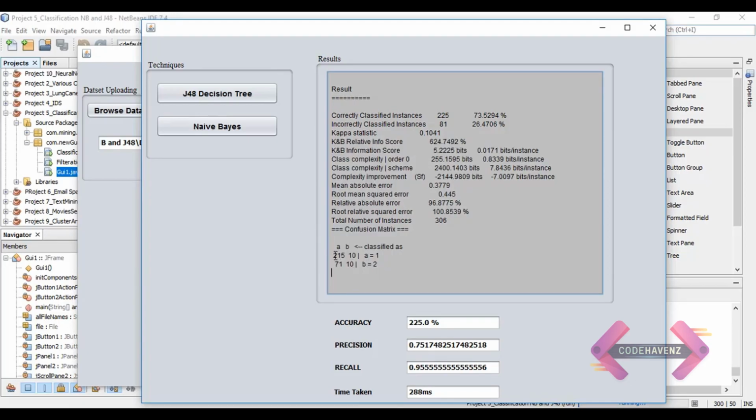The confusion matrix basically denotes how many instances are correctly and how many are incorrectly classified. The sum of the diagonal elements of the confusion matrix gives the correctly classified instances, and the sum of the non-diagonal elements gives the incorrectly classified instances. In case of J48, we have achieved 73% accuracy.